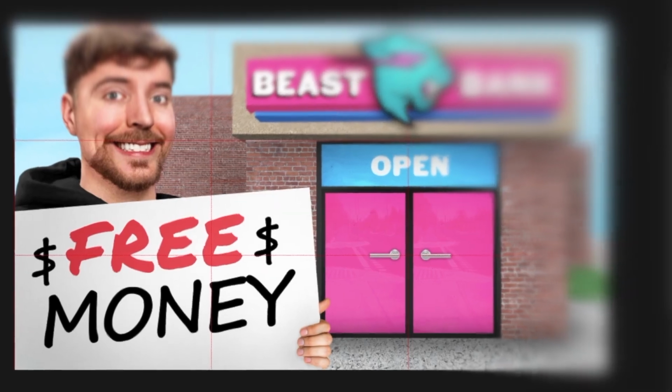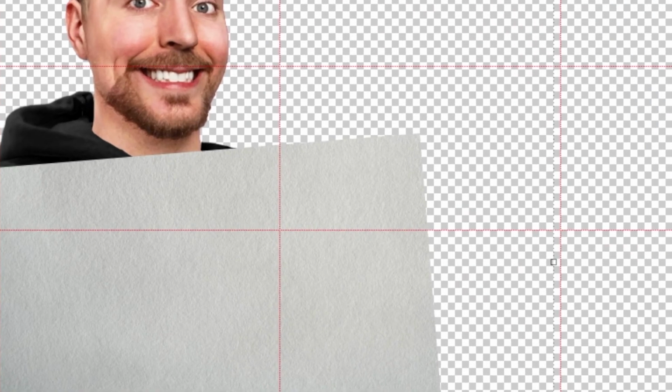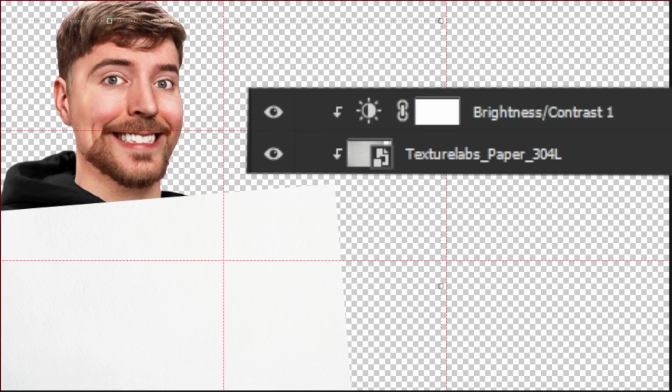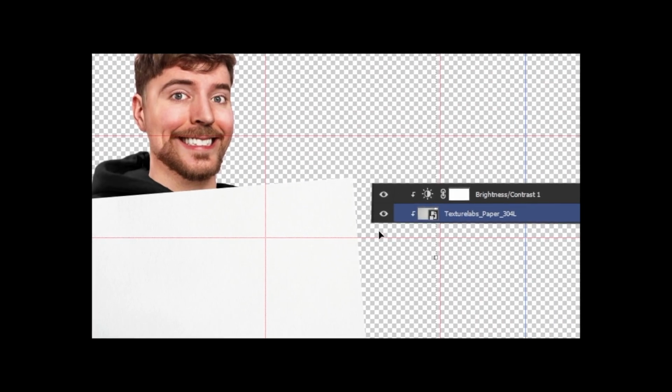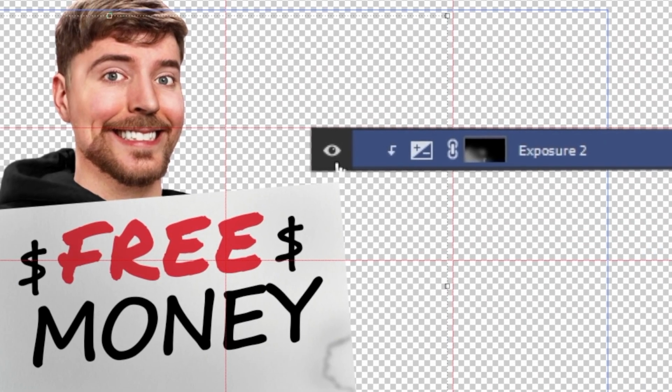Let's move on to the sign he's holding. I drew a simple rectangle using the shape tool and overlaid a paper texture on top of that. I then brightened it to add more contrast to retain that bit of texture, but not too much. I made a text layer with the font I found online, and then added some contact shadows and highlights to